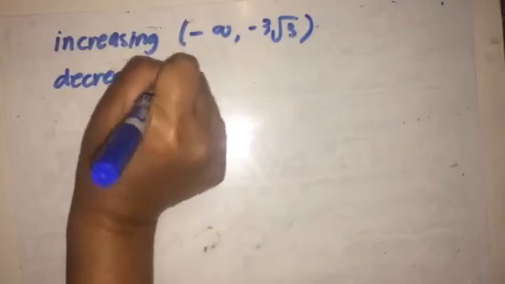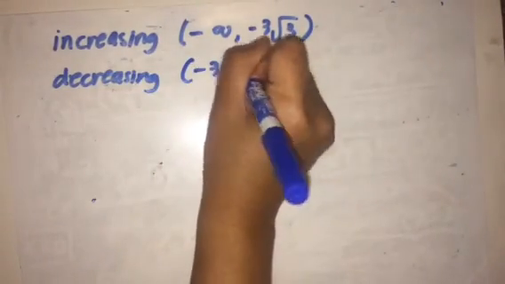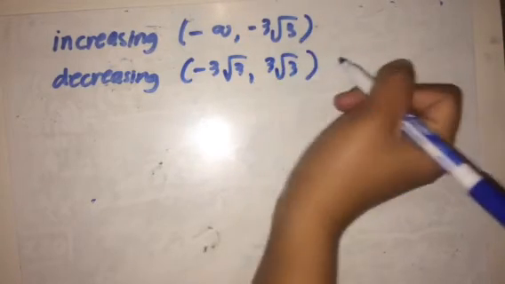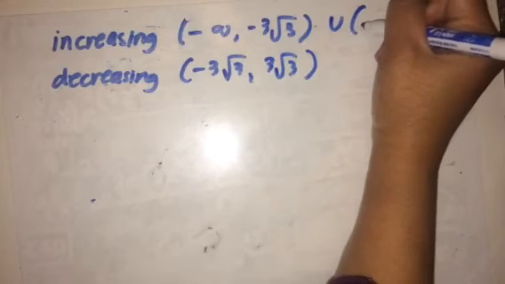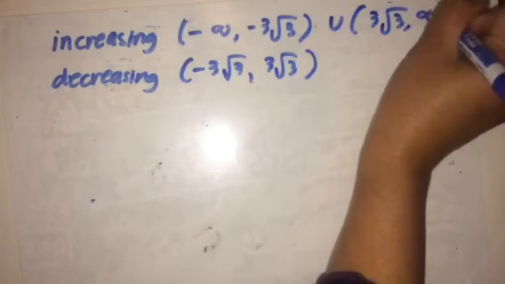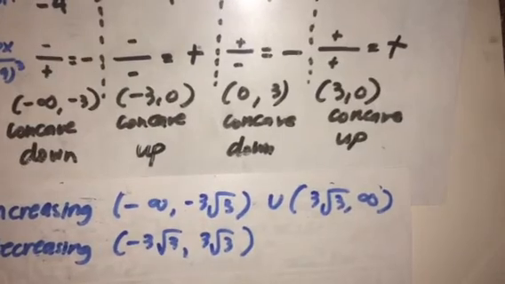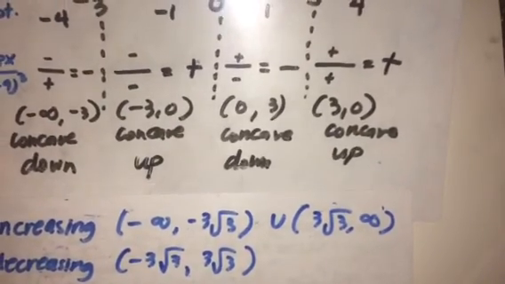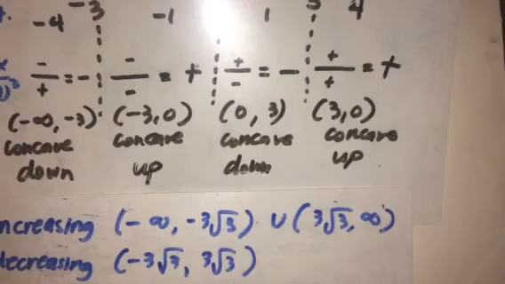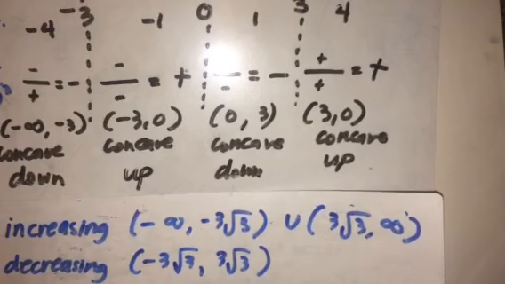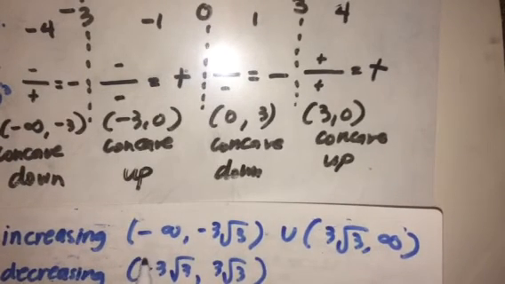decreasing on -3√3 all the way up to 3√3, and then increasing again on 3√3 to infinity. And if I would like to combine that with the concavity intervals, you'll see that what I can use would just be the concavity intervals and put that together. So increasing from -infinity to 3√3,